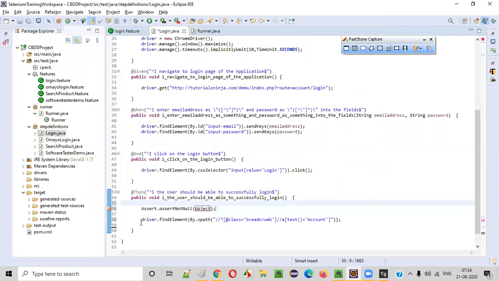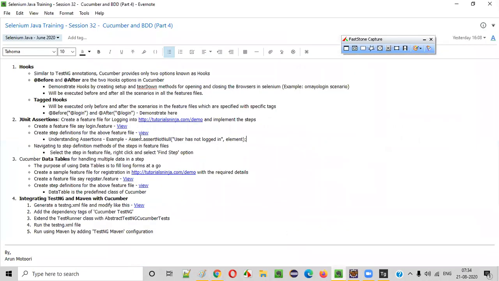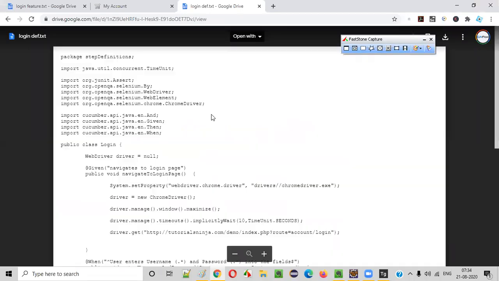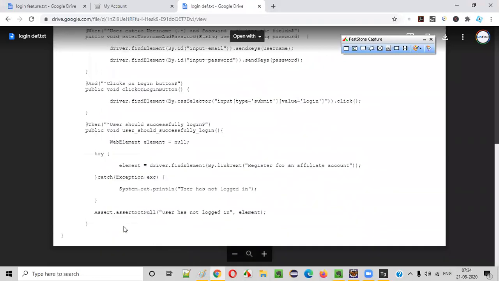So if this element is not there, it will give a failure. One minute, let me check the code once. What is the code I have written earlier? The element I have to pass. So a lot of assertions are there. We can also use this assertion, but this assertion I am using from JUnit, guys. The reason here is we are running using JUnit. That's the main concept. Web element is equal to null. Fine, I'll tell you what I am doing here.